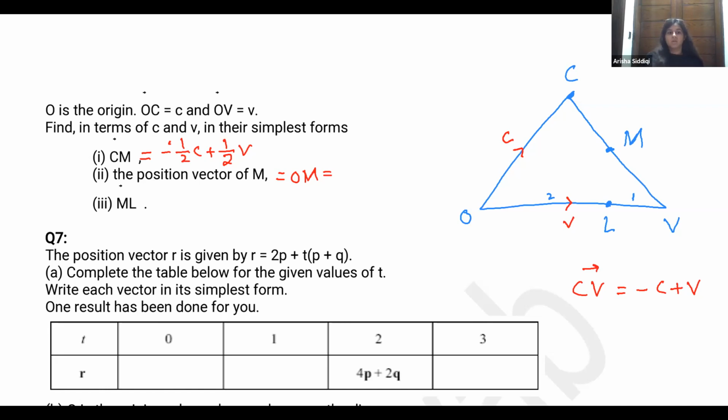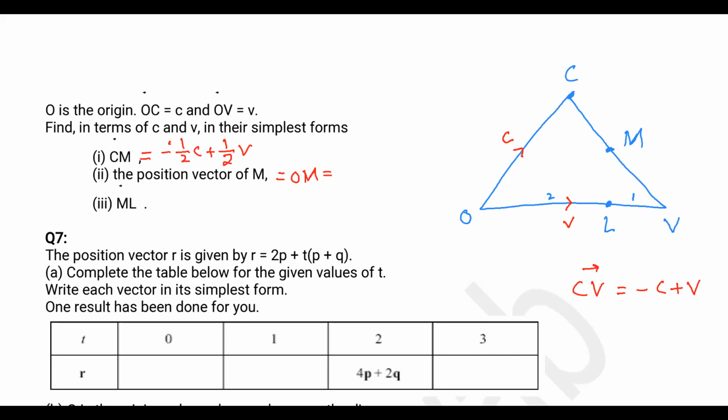Remember VM and CM, the vectors are equal but in opposite direction. तो आपने पार्ट 1 में CM कैलकुलेट किया, अगर आप VM लिखना चाहते हैं तो यू आर मूविंग अगेंस्ट द डायरेक्शन ऑफ CM। तो CM ऊपर आपने -1/2 C प्लस हाफ V किया था, अगर आप VM यूज करें तो इट विल बी +1/2 C -1/2 V।